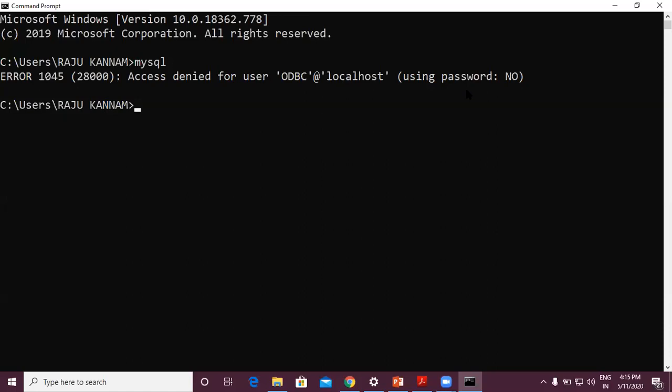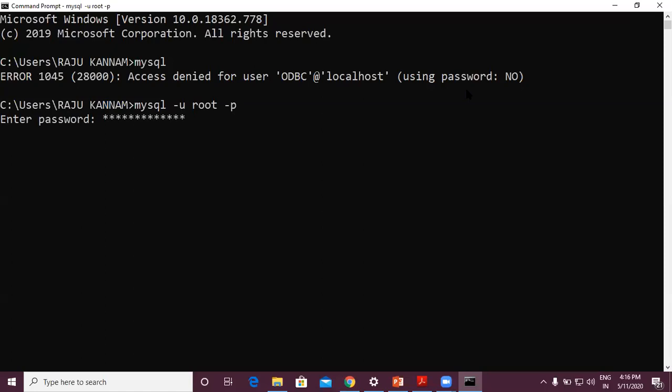Now to log into MySQL, type mysql -u, type your username root, and p. Then press enter, and here you enter your password, the password you gave at the time of installation.